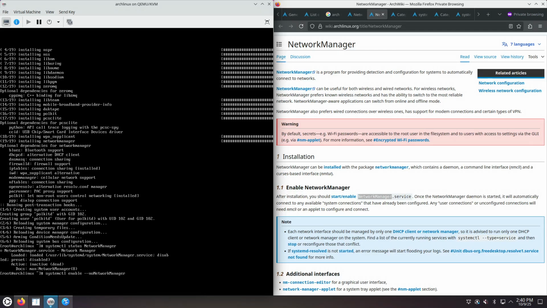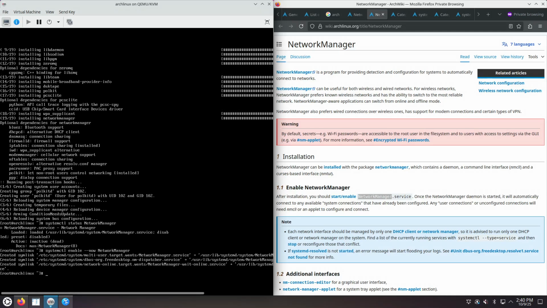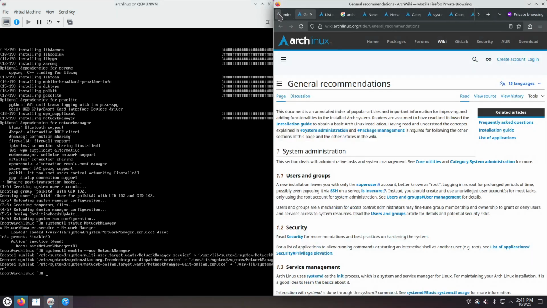Enable --now. Okay. Let's also make sure that, yeah, this should be it. Hopefully next time when we reboot the computer, we'll have networking. Let's continue with the installation